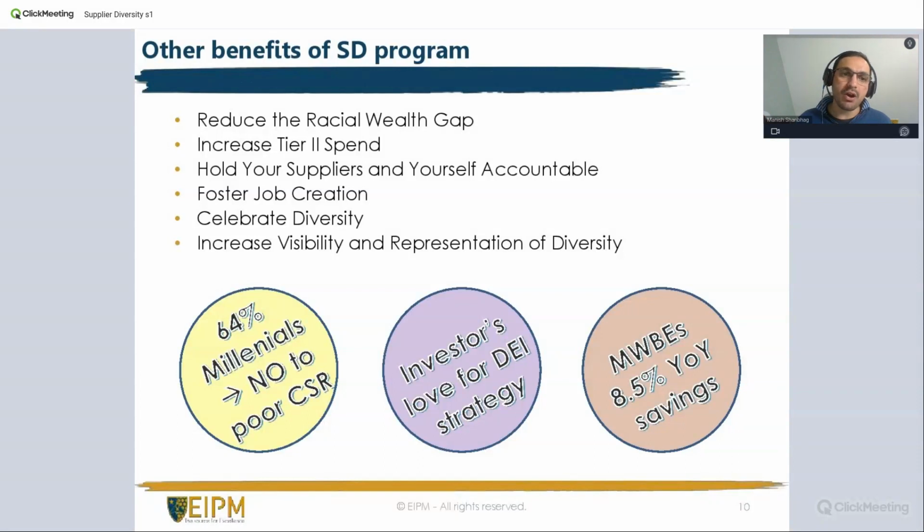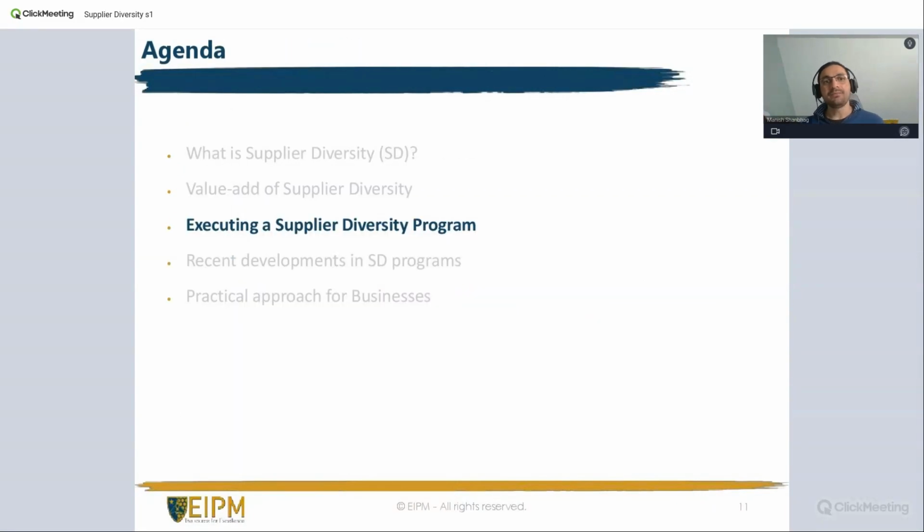So we are not just talking about including a supplier diversity program because you want to do it as a part of your CSR project or whatever might be the initiative behind, but it is also giving a lot of other benefits in terms of cost, innovation, and so on and so forth. We've seen plenty of benefits that we can have. Okay, so these are some of these benefits that we can see.